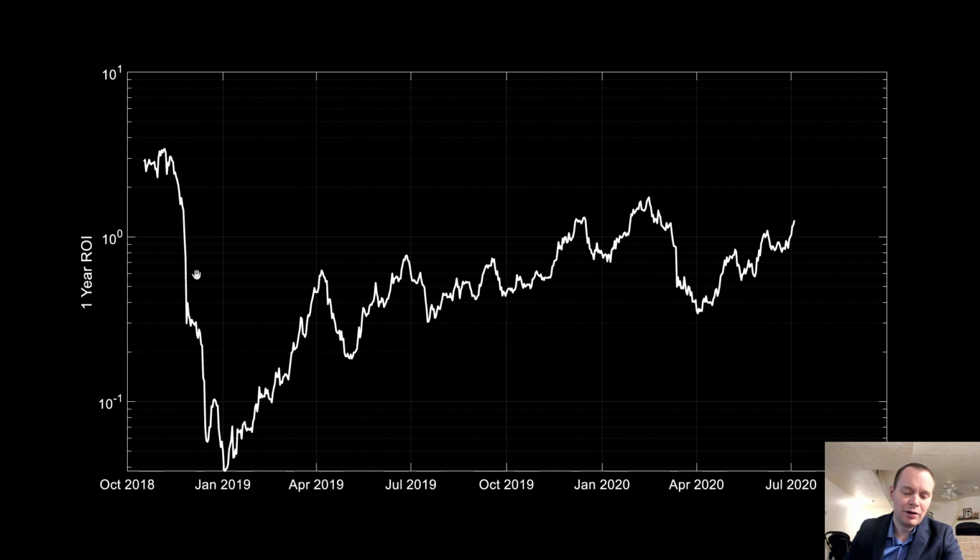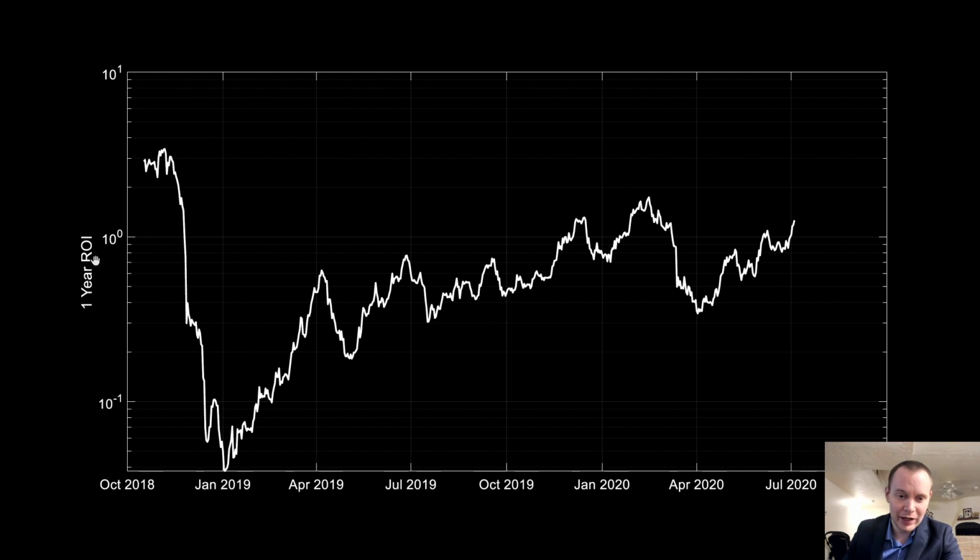But we have been working our way up. Now, this is a logarithmic chart, so we're going from 10 cents to $1 to 10, or sorry, not even. We're not talking about US dollars. It's getting late here. I apologize. An ROI of 0.1, 1, and 10. So a 1-year ROI. And you can see that for the most part, ADA has spent a lot of its